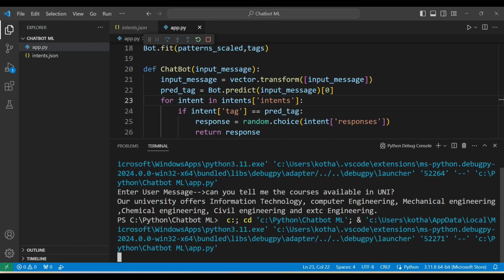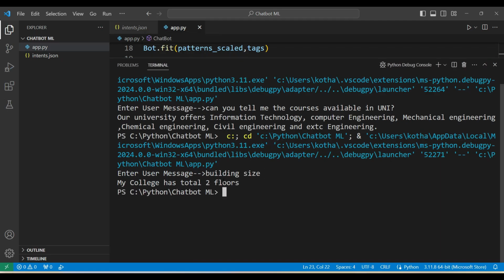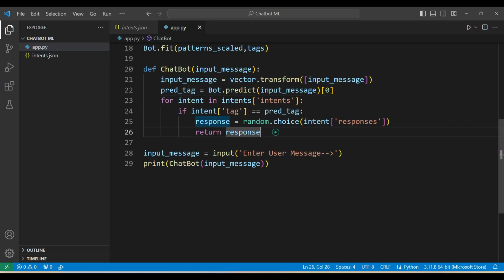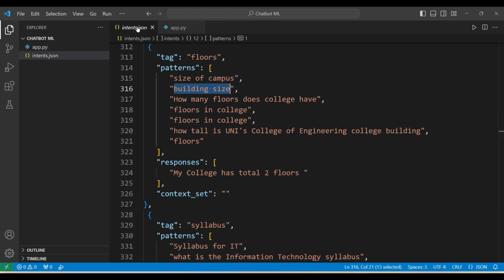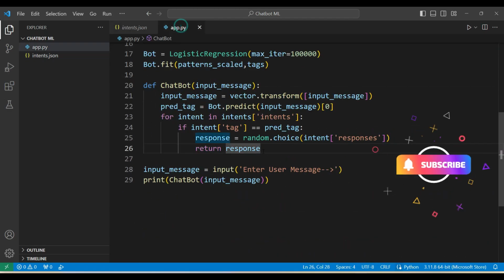Control F5, and again it is asking the user message. So building size, so it is printing that my college has two floors. So our model is working fine and it is responding whatever the responses we want it to respond. You can ask all these questions and it is going to respond back,